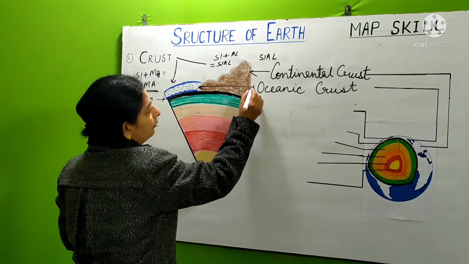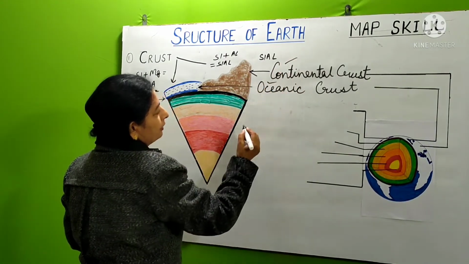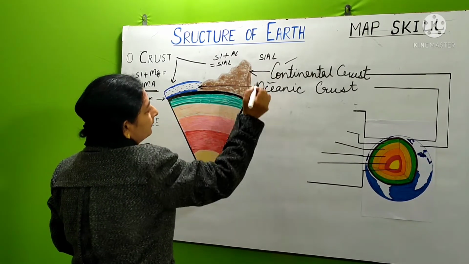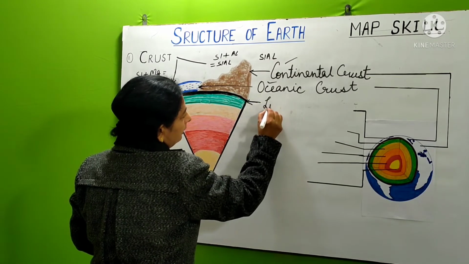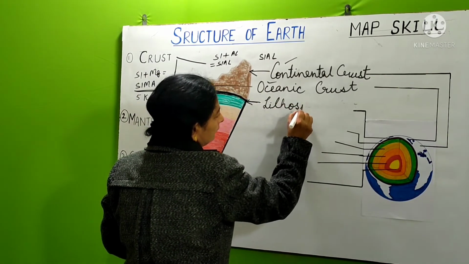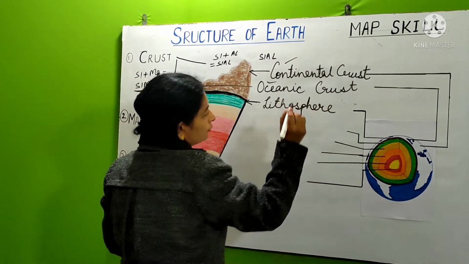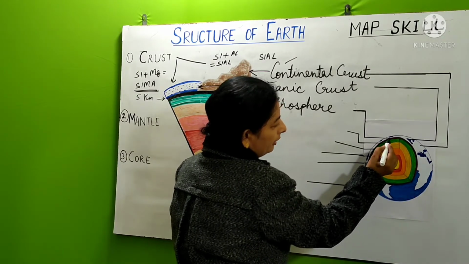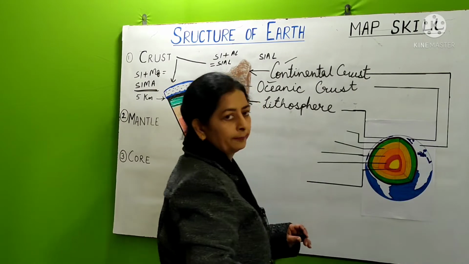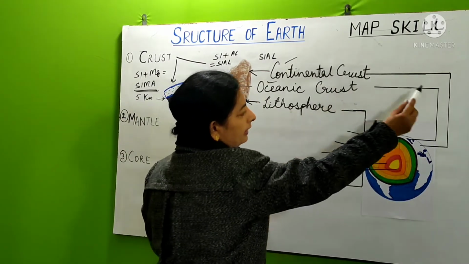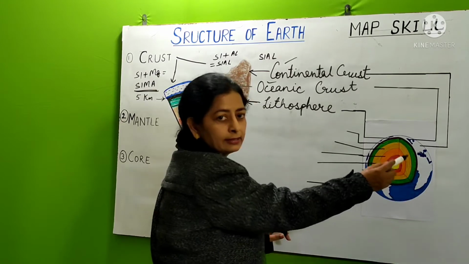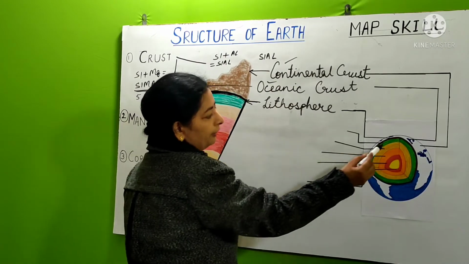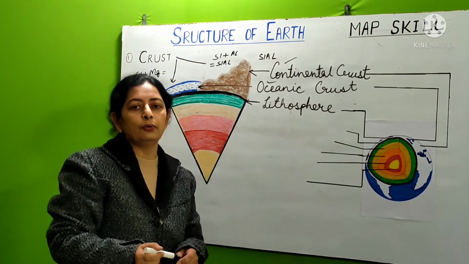Now these two layers, continental crust and oceanic crust, together form the lithosphere. This is the lithosphere. So when we see on the globe, this brown circle you can see, this brown part, this is the lithosphere. So I think it is clear now. Continental crust, all the continents, the landforms, then oceanic crust, the water bodies, you can mark that way, and lithosphere is just the layer next to the oceanic crust.